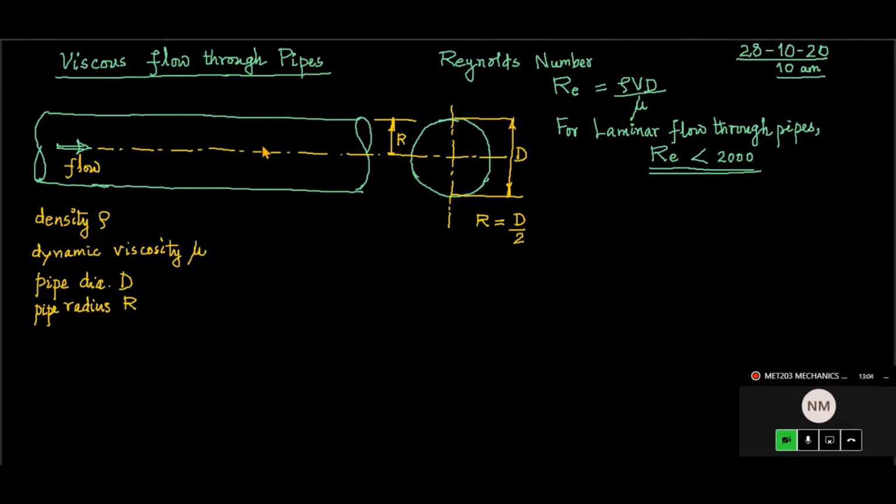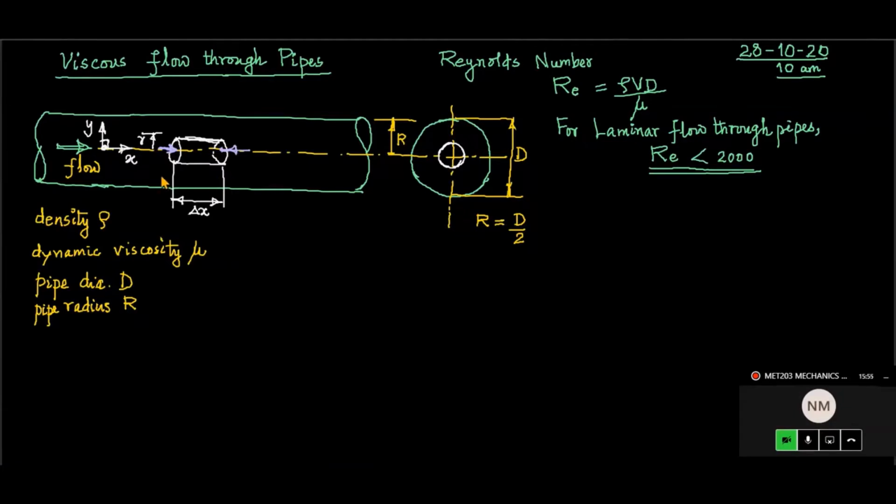Now what I'm going to do is consider a fluid element like this. So we'll consider a cylindrical fluid element. If you draw the side view of the fluid element, then in the cross section of the pipe, you can show a circle to represent the end view of the fluid element along the flow x direction. So the coordinate directions are represented like this. At the center line, the radius is 0. On the pipe wall, we have the full radius. And for the fluid element, the radius is small r.